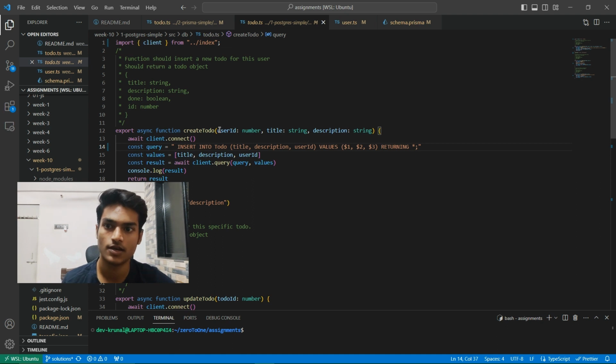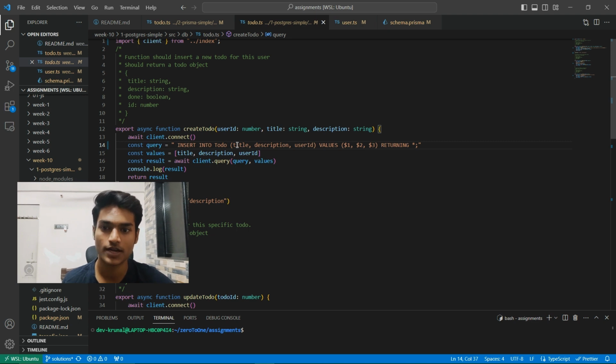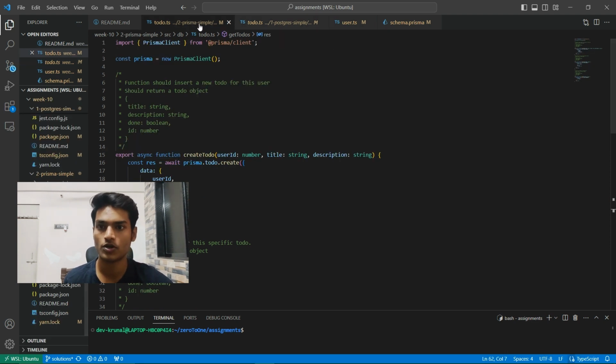Moving on to the assignments for this week, I could not get the tests working for the simple Postgres assignment because there was something wrong with the assignment setup. Me and my TA tried a lot. We went back and forth for like 3 days, but could not. I just could not get this working. So I just did not care about the test. I knew the queries were right, and I could set up a new Postgres project with TypeScript, and that would work. So I just did not care about the test not working and moved on to the Prisma assignment,